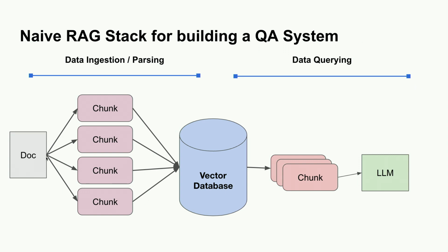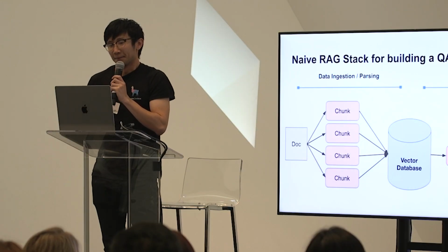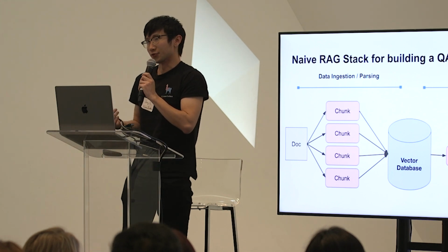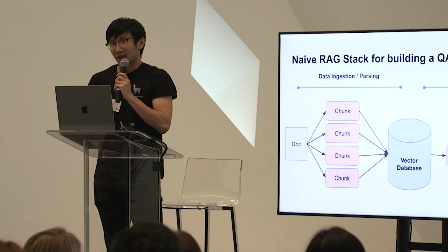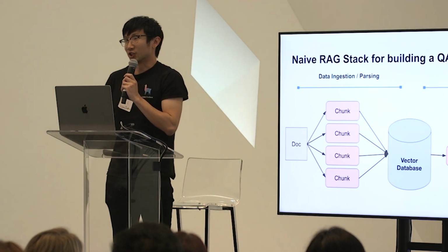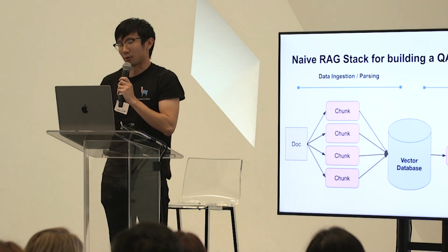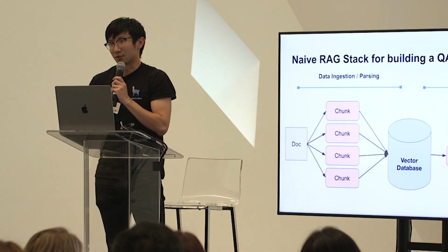So you start off with some source documents. You want to chunk up these source documents into a set of text chunks and then put them in a vector database, like Pinecone, Chroma, Weaviate, Milvus. Once it's stored in the vector database, you have a query stage where you do some sort of retrieval and then querying on top of this data. You retrieve this data from the vector database and then feed the chunks into the language model as part of in-context learning